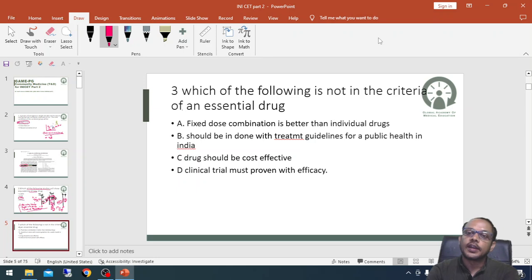Which of the following criteria is not in the criteria of an essential drug? It is an only question. So, we should know what the essential drugs are, okay. Essential drugs are frequently asked in questions, and essential drugs are useful in your future as well, that you should know what the essential drugs are. The government is also saying that this is the essential drug list. So what should be included in the essential drug list? A WHO essential drug list is already there. Okay, WHO essential drug